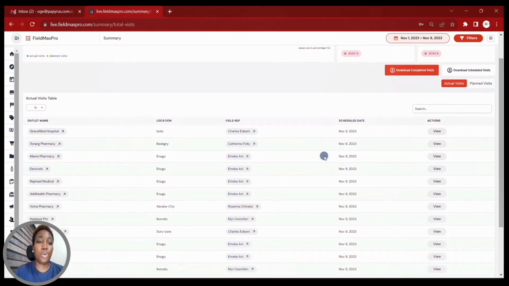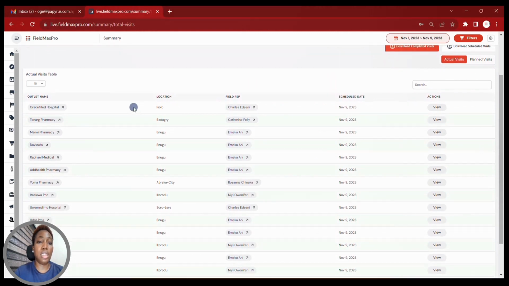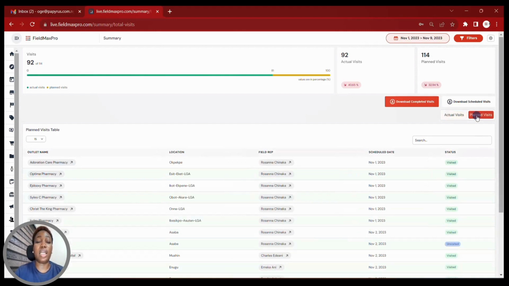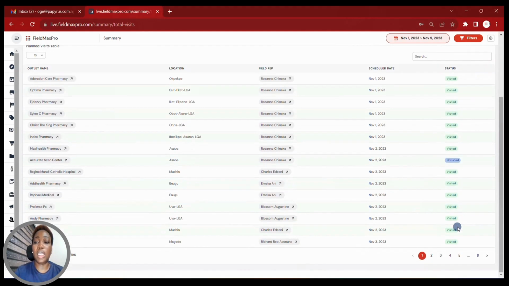There is a table below where we can see the names of the customers, the names of the field staff, locations where those visits were done, and so on. You also have the option to toggle between the actual visits and visits that were planned. You can do so by clicking on the planned visits, and we see that the information on the table changes to show us all visits that were planned